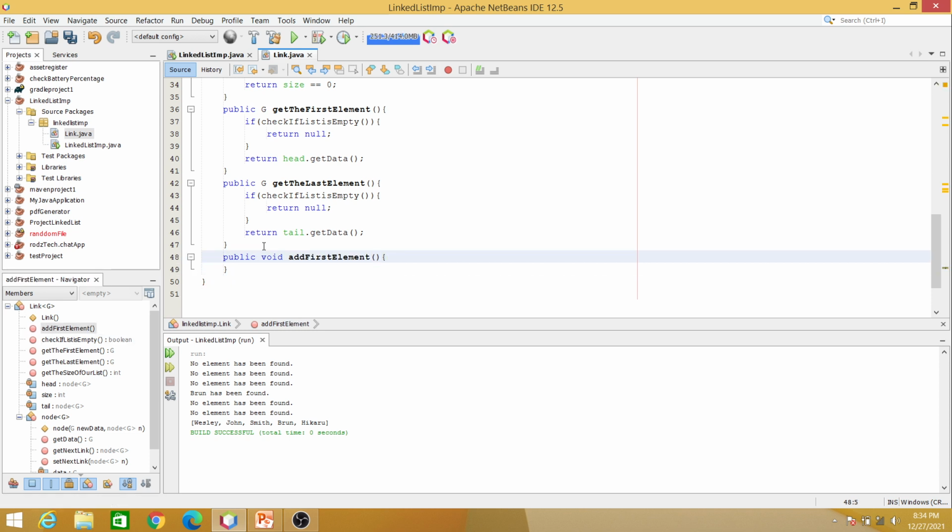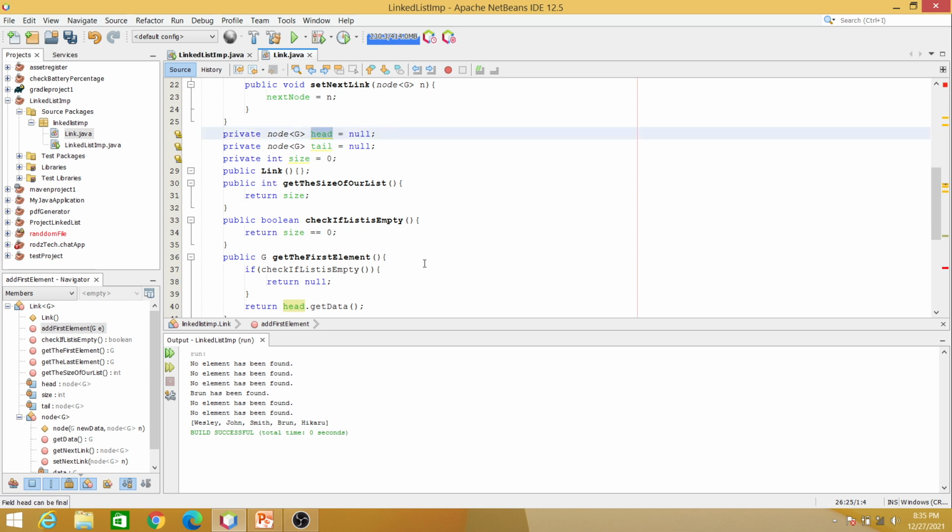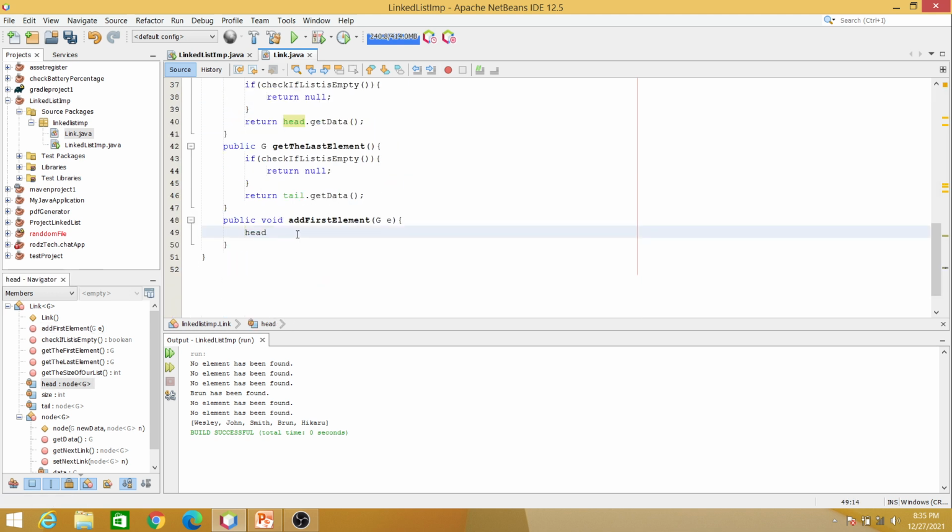By the way guys, these are just my own invention of names. You can name your own method whatever you want. This one will also have a parameter, and we call this one e, so that our head now will be equal to